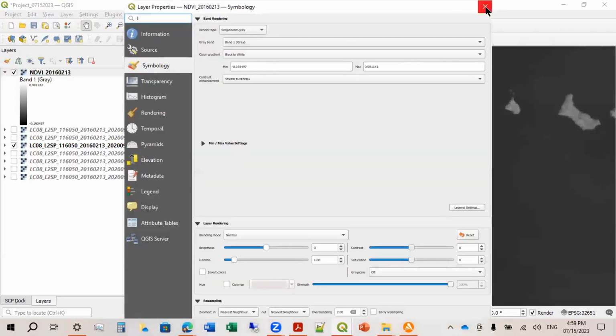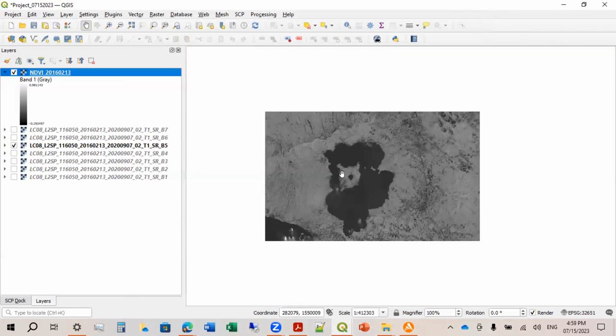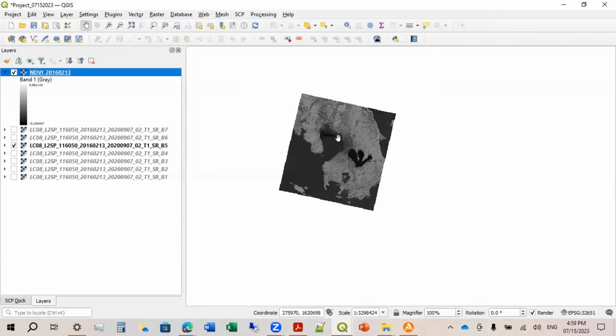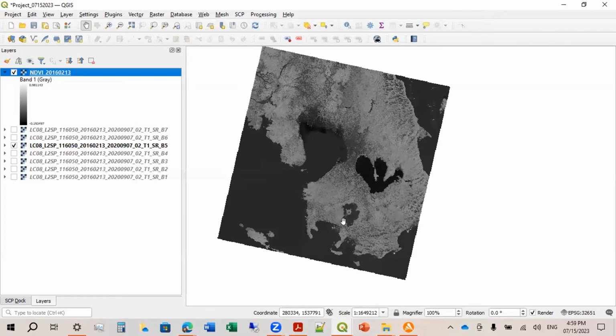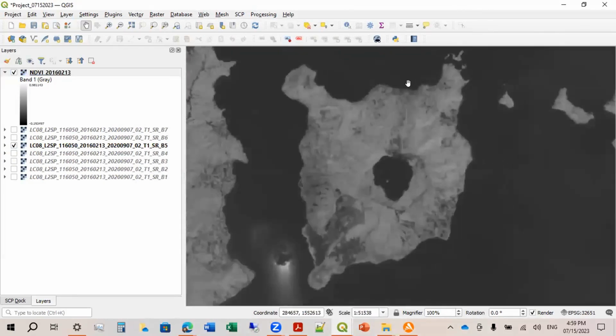Okay, so what I want to demonstrate next would be if I just want to know the information from the Taal Volcano Island. So I want to exclude the rest of the map, di ba? I want to exclude the rest of the map. So we need to cut or, the technical term is clip this section of the map only. Okay, so we can do that by shapefile. So we're clipping it. If you have a shapefile already, okay, you can do that.